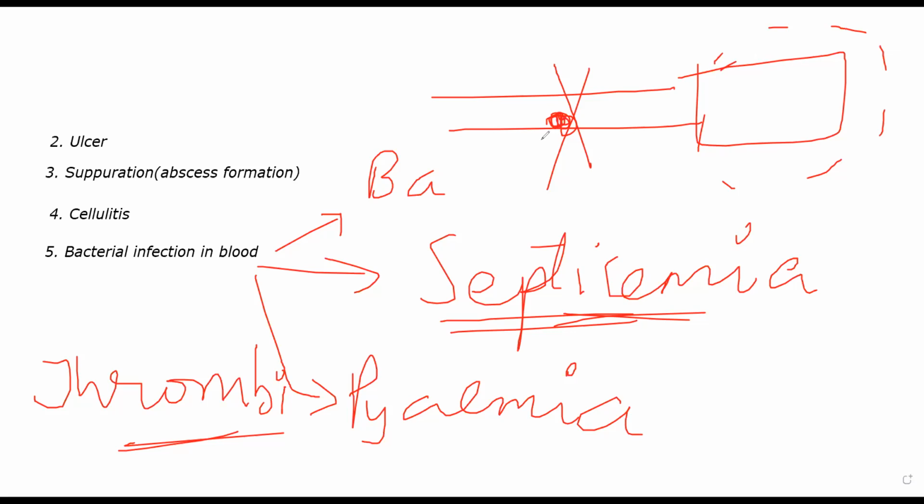They will lead to an inflammatory reaction there, and they will ultimately cause this abscess. Another problem is these thrombi might go into smaller blood vessels and they might cause a septic infarct. Okay, and which can lead to necrosis of whichever organ is getting affected. So those are morphological features of acute inflammation. Okay, so pseudomembranous inflammation, ulcer, suppuration, cellulitis, and bacterial infection of blood. Those are the five main morphological features of acute inflammation.